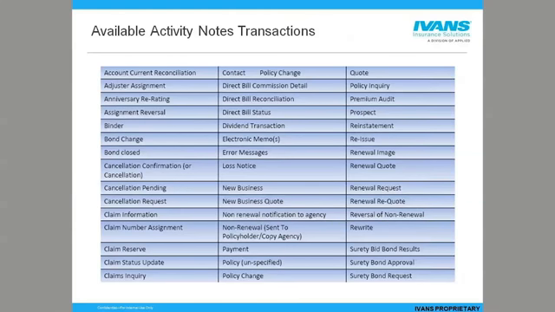Yeah, let me add 2 cents into that as well, Jackie. With the number of transactions that Ivans has done over the years, with the number of carriers that we've done it with, I don't know that there's been even a handful of carriers that we've done renewal quotes for. I understand what it is, and most all our carriers, even if the renewal image is not effective until some 90 days in the future, it's still downloaded as a renewal image. It has a future policy period so that it becomes active when that date's encountered, but we typically don't do renewal quote. We strictly do renewals that have a future policy period. I don't know if that helps or hurts, but